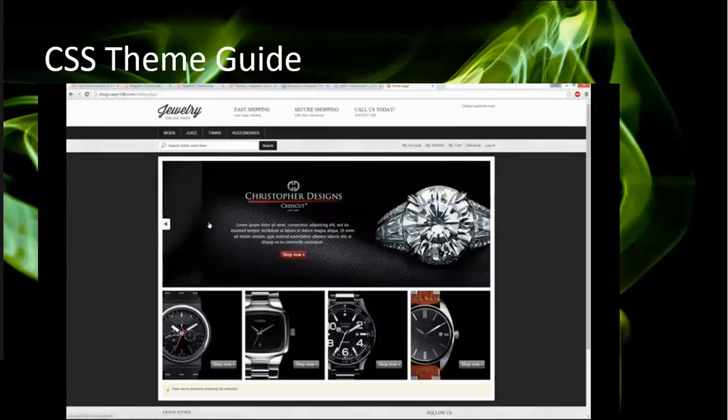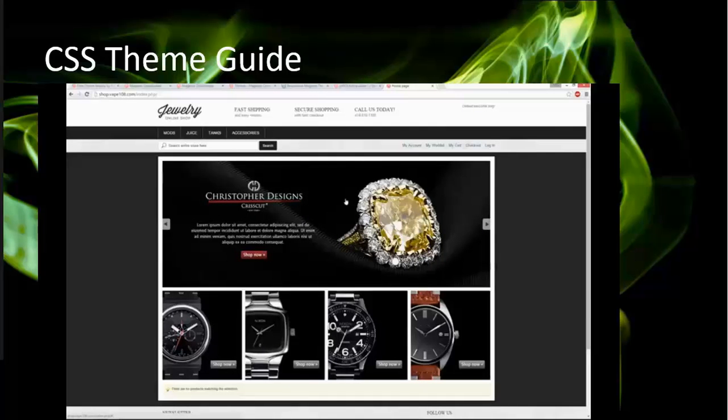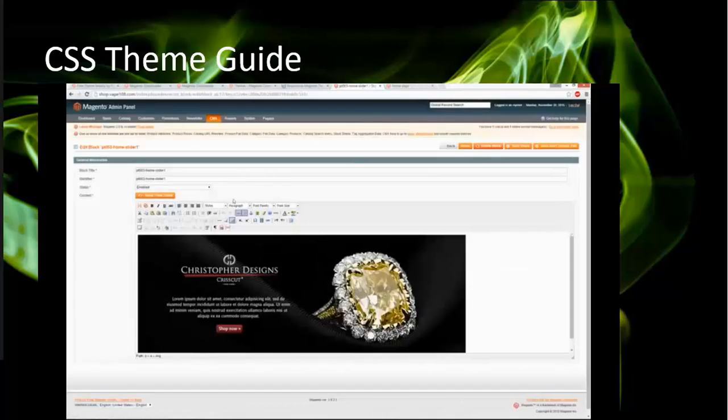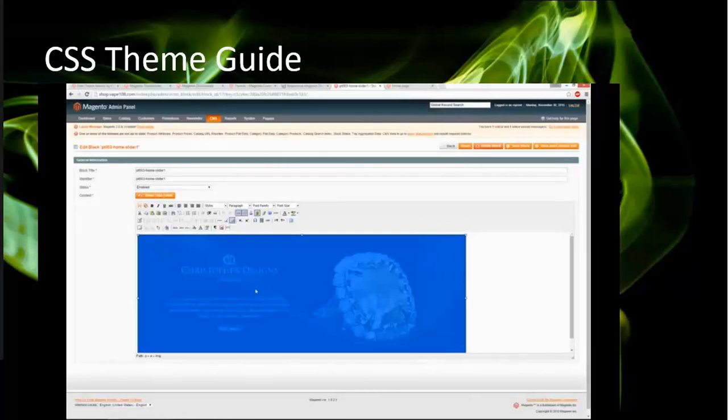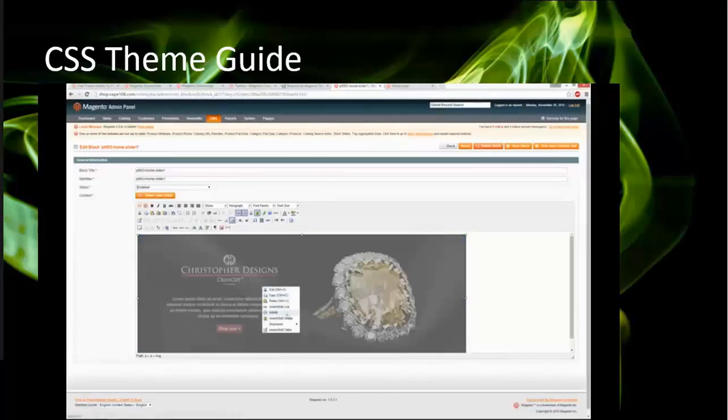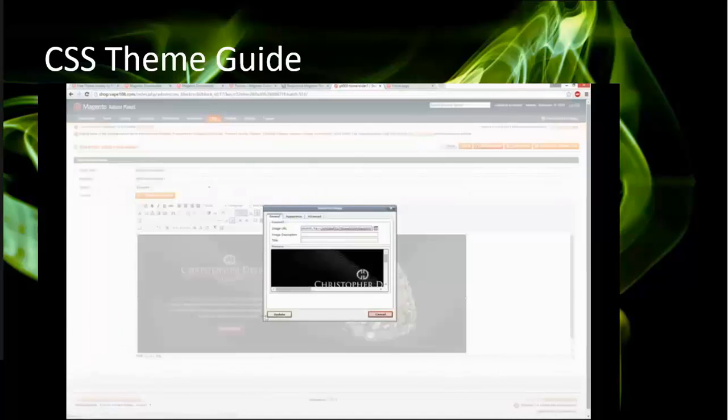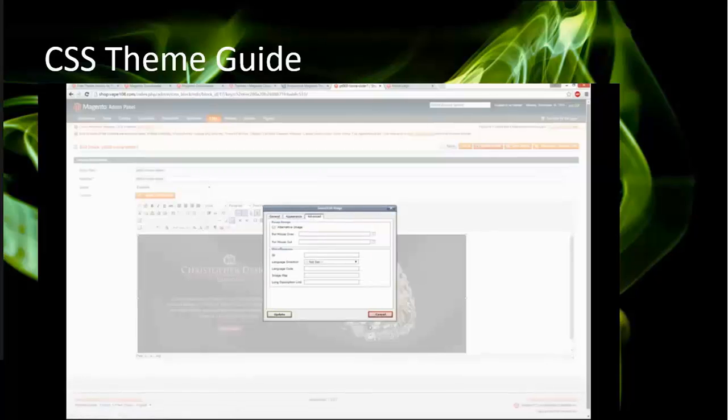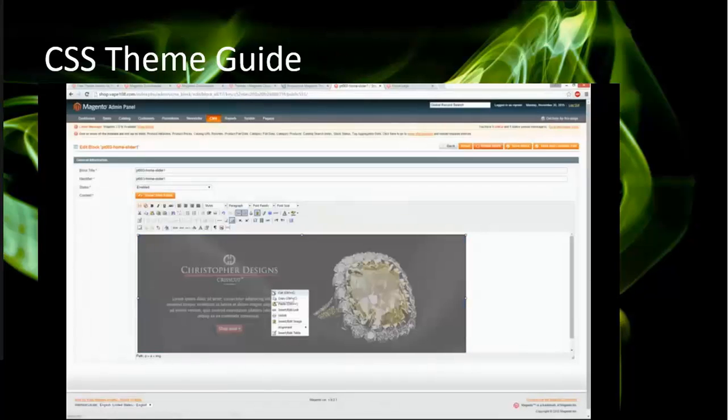In fact, I think it's this one right here. We wanted to give the client an ability to change that and customize it without hard coding it or hiring somebody to do that. To do that, all we have to do here is change or edit the actual photo. So if I right click and go insert or edit image, it's going to ask me where do you want it? You can go through there, or you can,